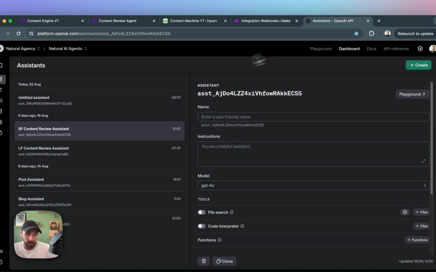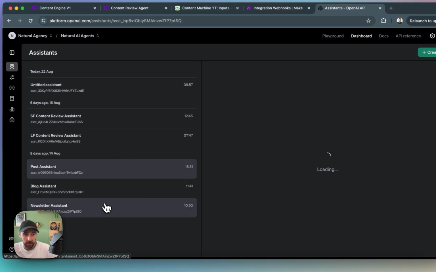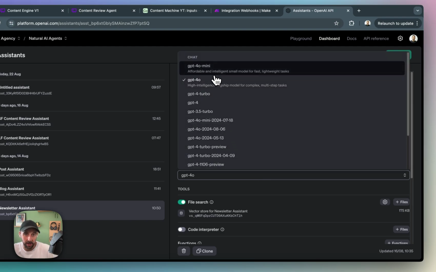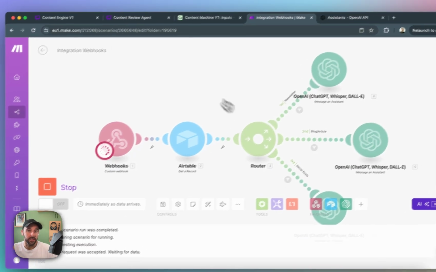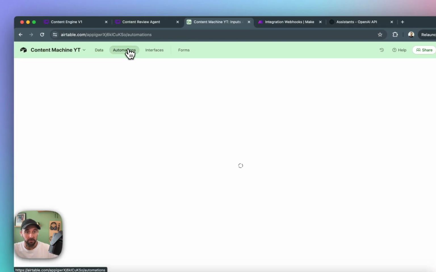So for the ones that I've been using recently here, I've been using the GPT 4.0 model, but it seems that that's struggling right now from a rate limiting perspective. So I'm just going to switch this to mini. I'll run this one more time. We're going to come back over to here. We're going to fire off our,